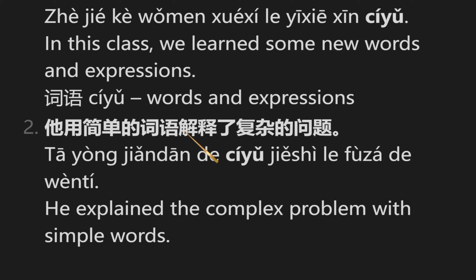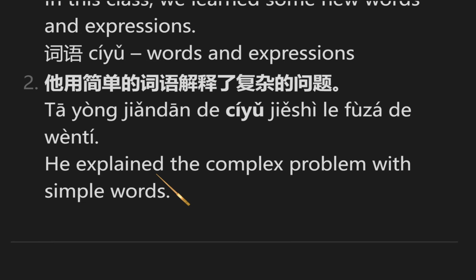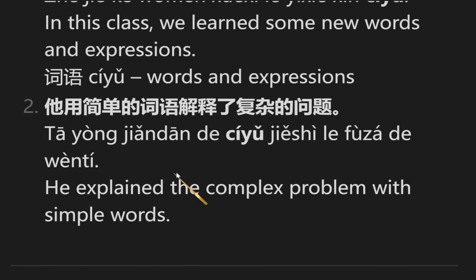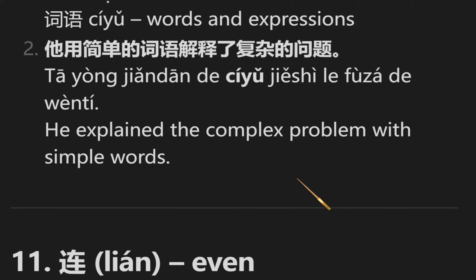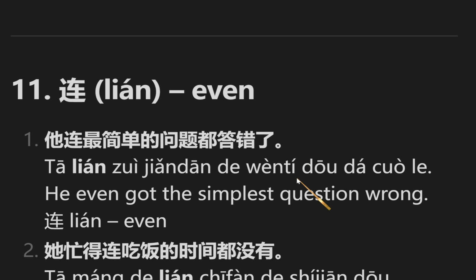It was a complex problem, but he used simple words to explain. 他用简单的词语解释了复杂的问题。